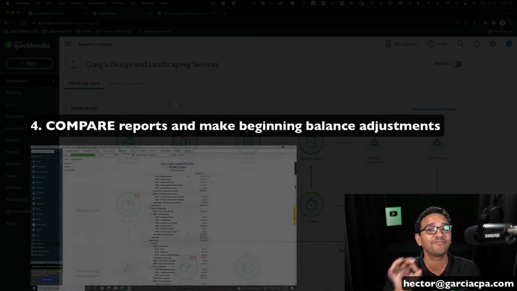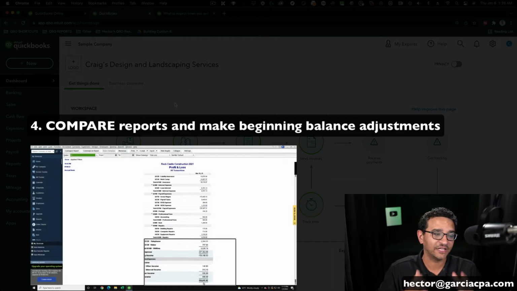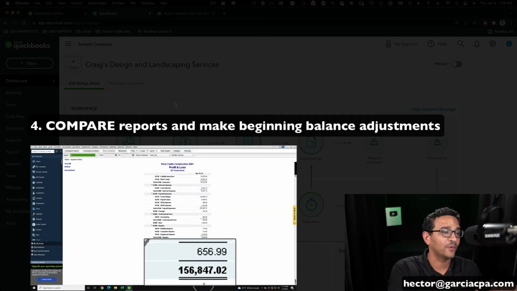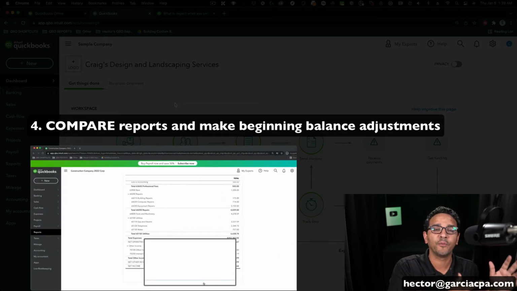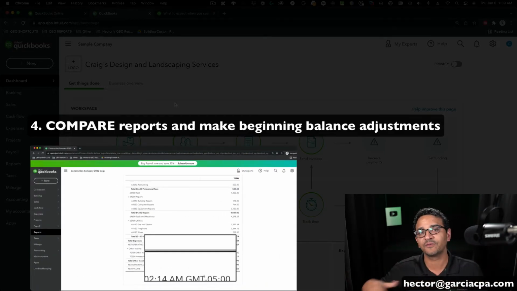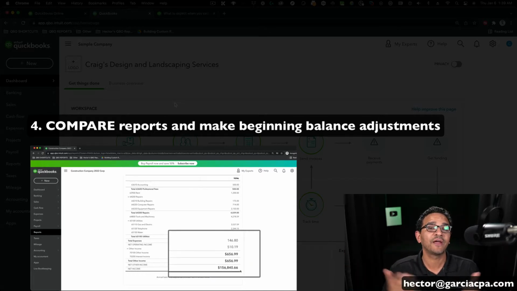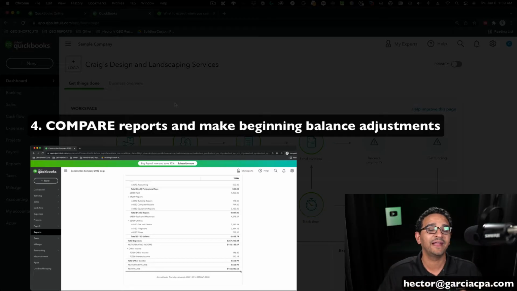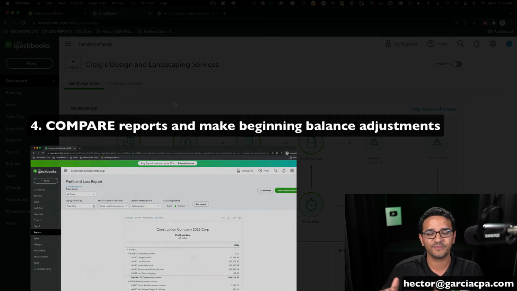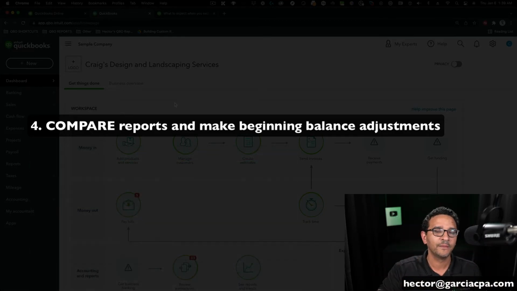Number 4, after you convert, you've got to check what QuickBooks Desktop looked like, and you want to compare the total amount in the report versus the total amount in the report on the converted QuickBooks Online, and you want to see if there are any discrepancies, to see if there are any balances or amounts that need to be adjusted. You might need to work with your accountant on making those adjustments. There's no easy button you can just press and make it match. You have to look at it, and you have to make a decision, and we'll discuss what that